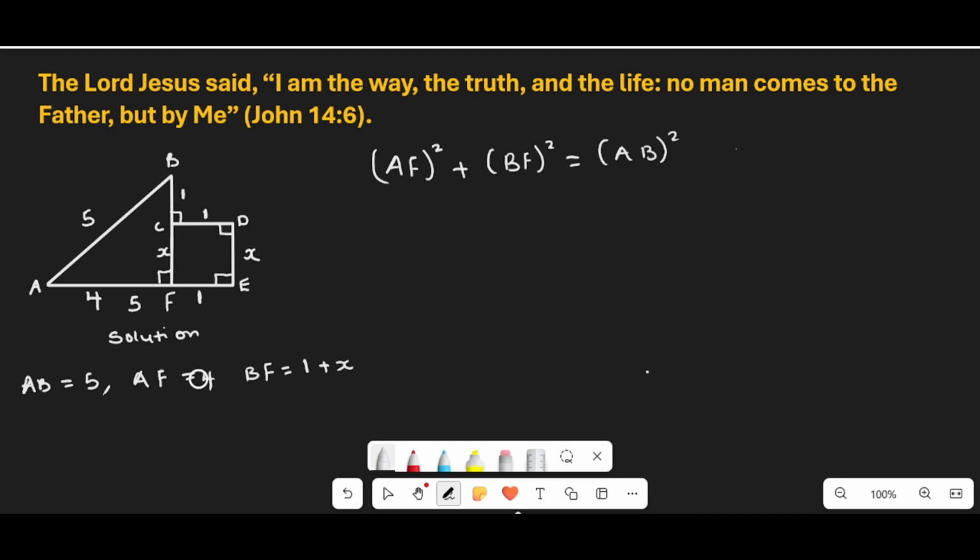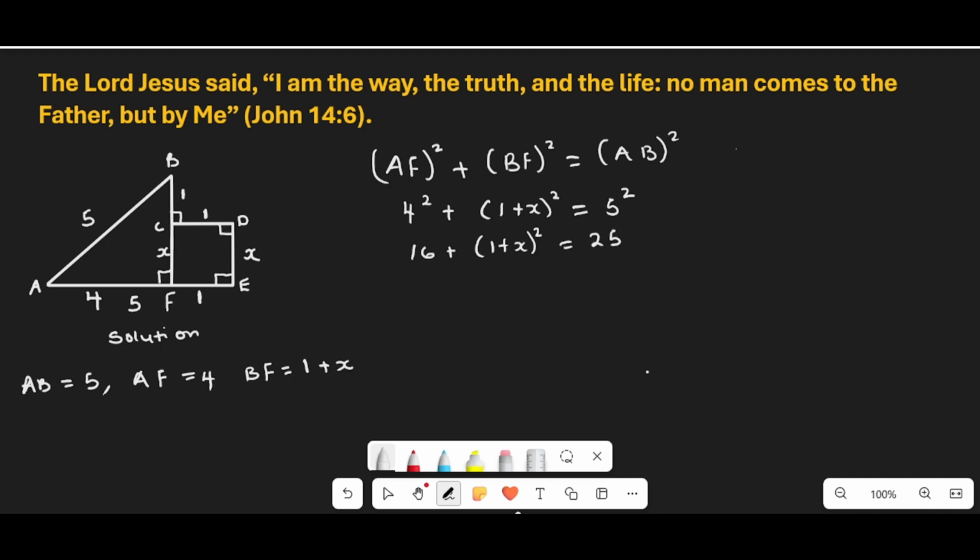AF is 4 squared plus BF is 1 plus x, all squared, equal to AB, AB is 5 squared. 4 squared will give us 16 plus 1 plus x all squared equal to 5 squared will give us